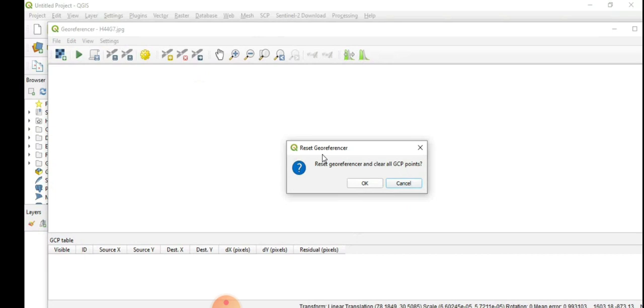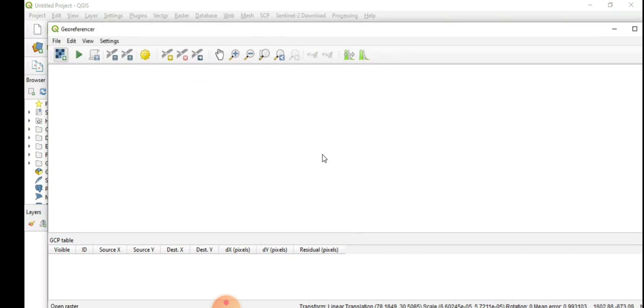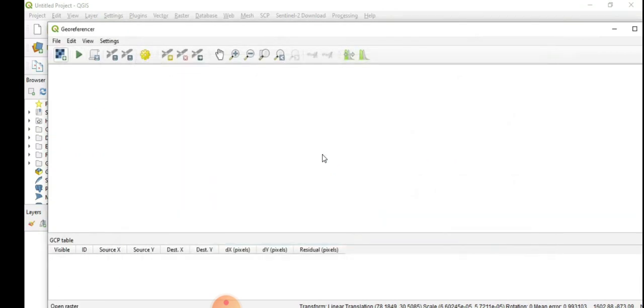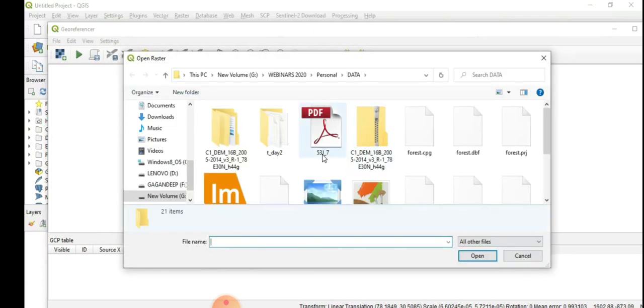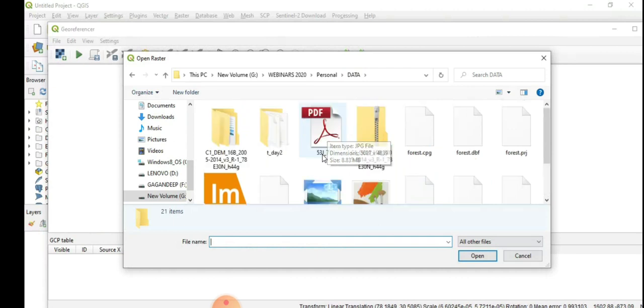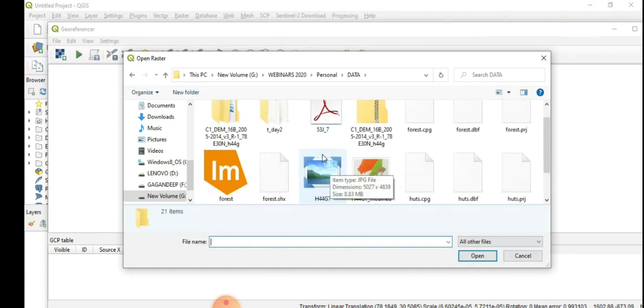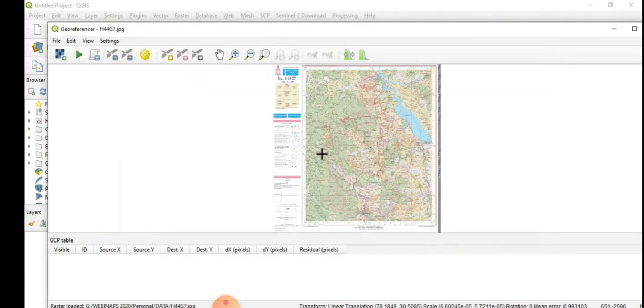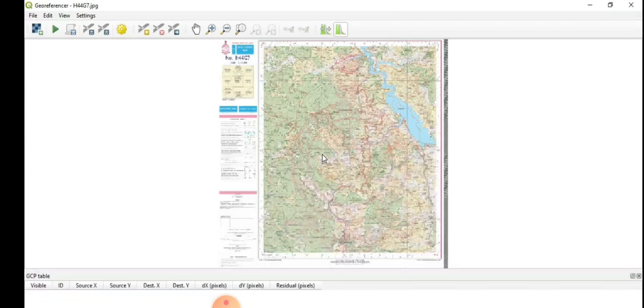I will just reset my window. Okay, so let me open the topo sheet. This is the button to open the topo sheet. Just click on this, browse wherever you have saved your topo sheet. So this is my topo sheet. I have this on my screen now,